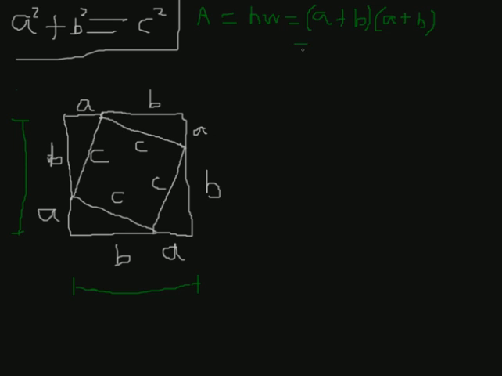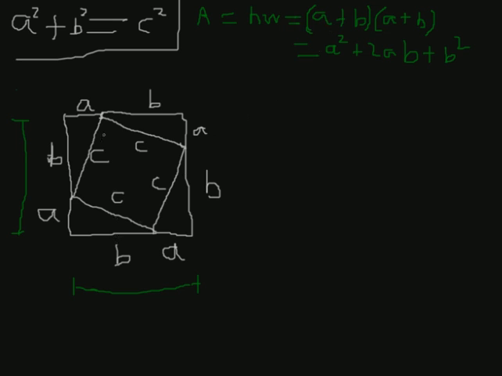And now what is A plus B times A plus B? Well, if you know the general way to expand that, then you can just say that it's A squared plus 2AB plus B squared. Or you can just expand out, so A times A is A squared, A times B is AB, A times B is AB, which ends up being 2AB, and then B times B is B squared. So that just comes out of FOIL. I'll do that in another video if not many of you know that. Anyway,